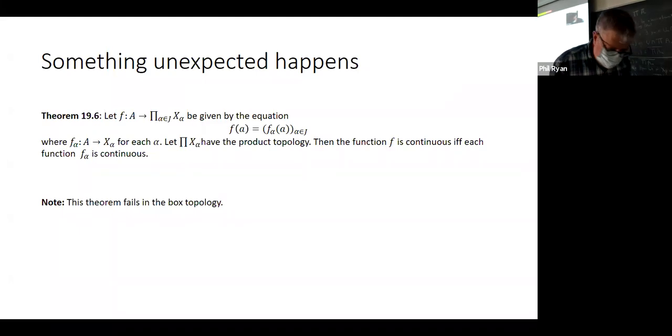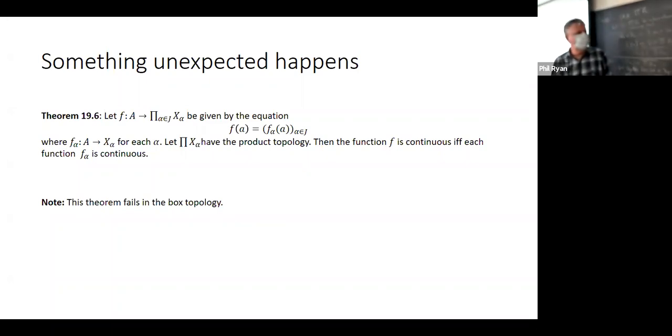And I think I'm going to have to leave it on a cliffhanger. We'll finish this off on Friday. The proof is actually quite straightforward. The counterexample to show why it fails in the box topology is kind of sneaky, so I want to have time to